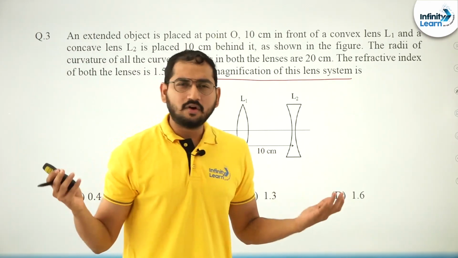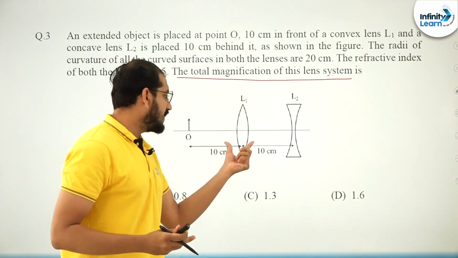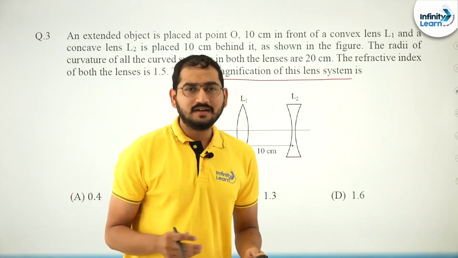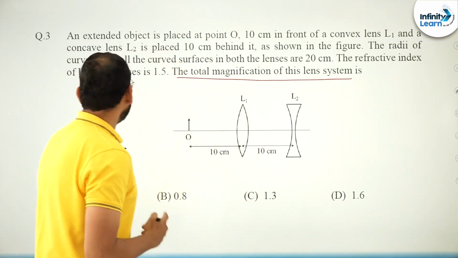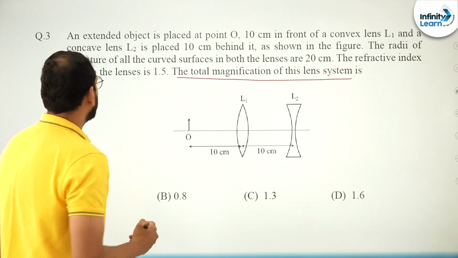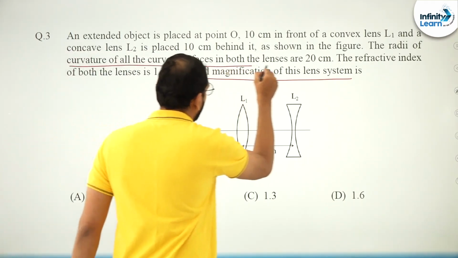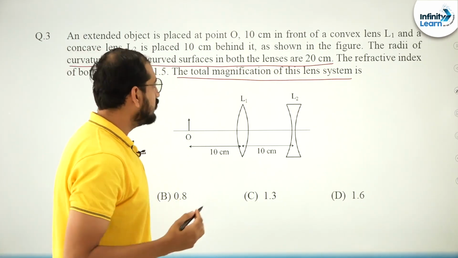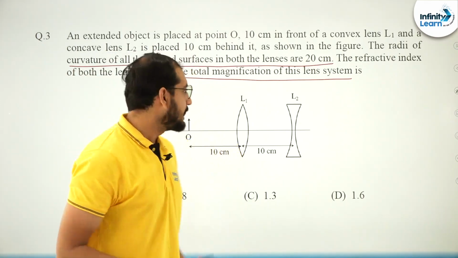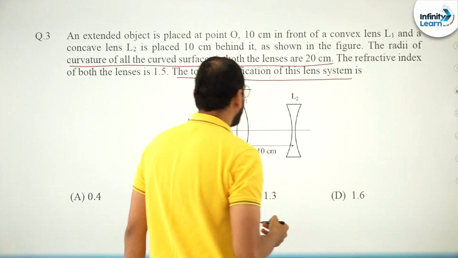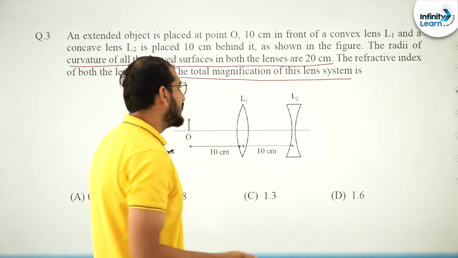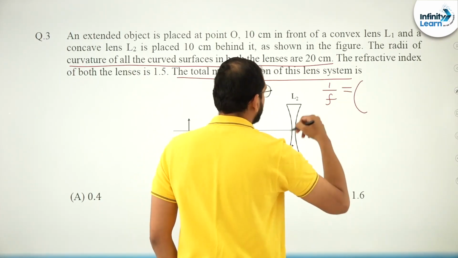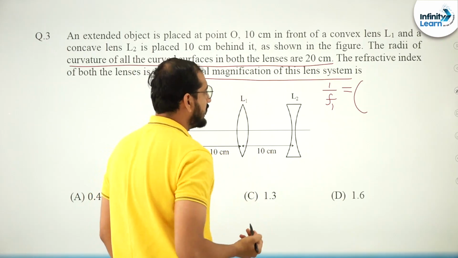The concept that we are going to apply is that we will use our lens formula 2 times. Now to write the lens formula, we need to find the value of their focal length. If you see in the question, it is given that the radius of curvature of both the surfaces is 20 centimeter. So the first thing is we need to find the focal length of these individual lenses. So first I have to apply the lens maker formula. Lens maker formula is again simple. If I just write the formula here, 1 by f1, let's say I want to calculate f1.